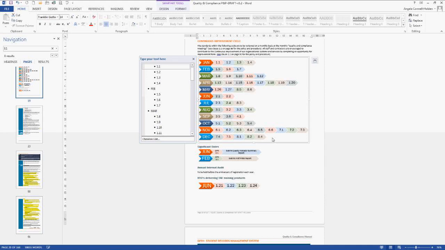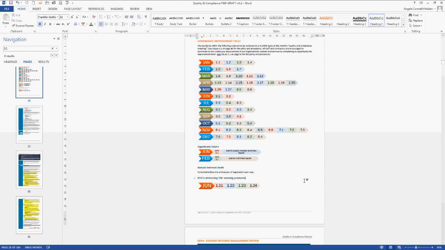What happens is a lot of our clients get concerned, particularly if they're going to an initial registration audit. If I'm going to this initial registration, do I need to know all of these policies and procedures before I get to my audit? No. ASQA is not going to expect that. It's a bit different when you're going for re-reg, but for initial registration, they're not going to expect that you're going to know every policy and procedure off the top of your head. They're not going to expect that at all. They'd expect you to have a policy and procedure manual in place, and they expect that you'd be implementing those policies and procedures throughout your organisation, and that you're going to be doing this continuous improvement cycle and reviewing every month.